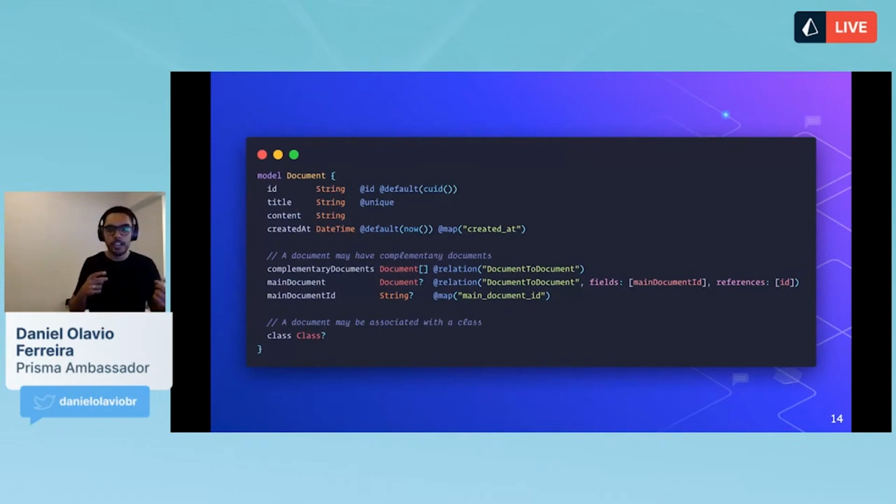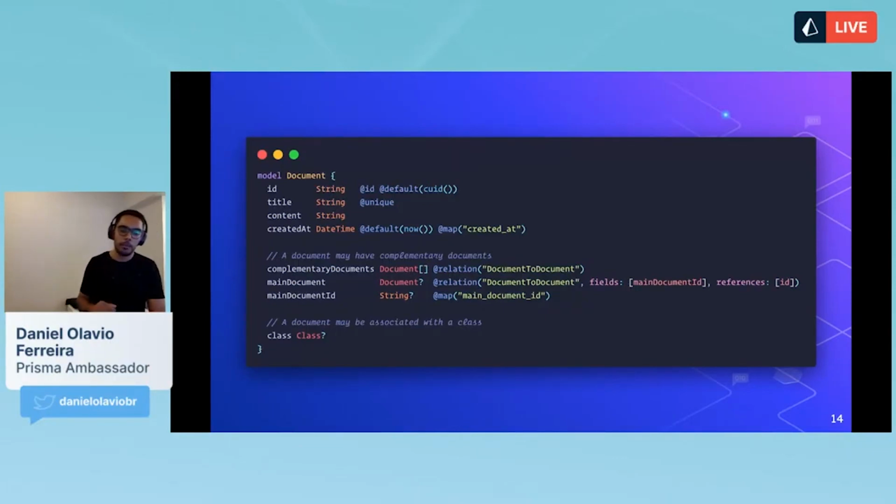And we're telling Prisma, okay, you're going to be able to reference yourself, sort of like a comment way, trying to create sort of a tree-like structure. So I can be a document, and I can have many complementary documents that are associated with me. And I'm not going to have any parent document, any main documents associated. But the documents that are my complementary documents are going to have me as their main document. It can be kind of blurry, but I believe we're going to see that working a little bit better in the next few slides.